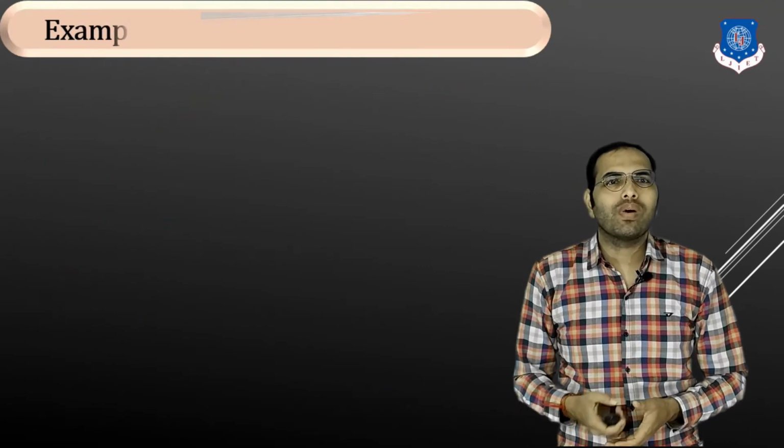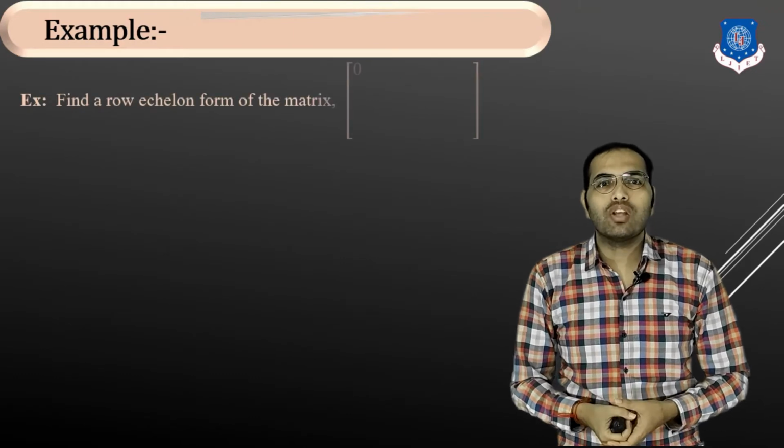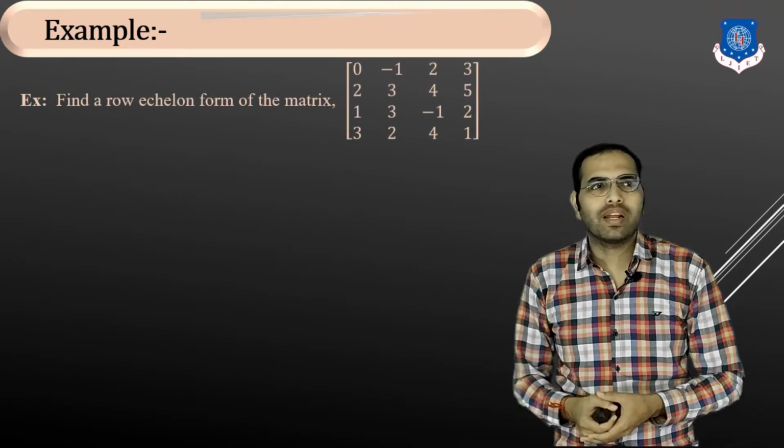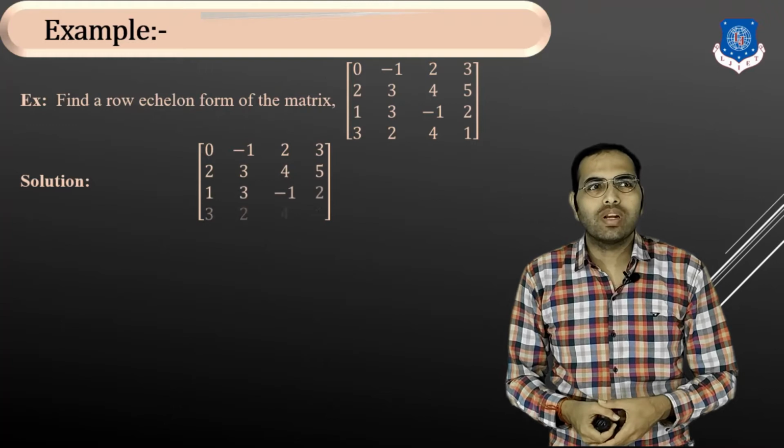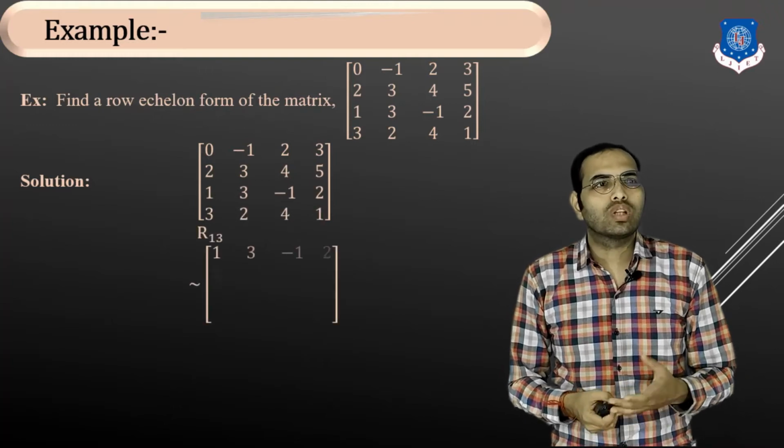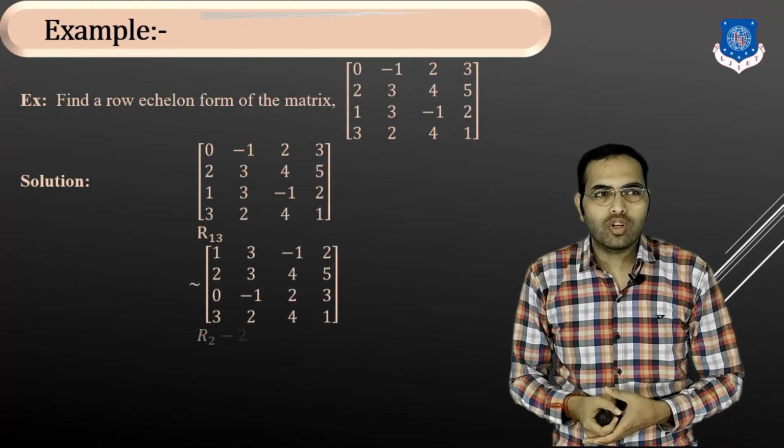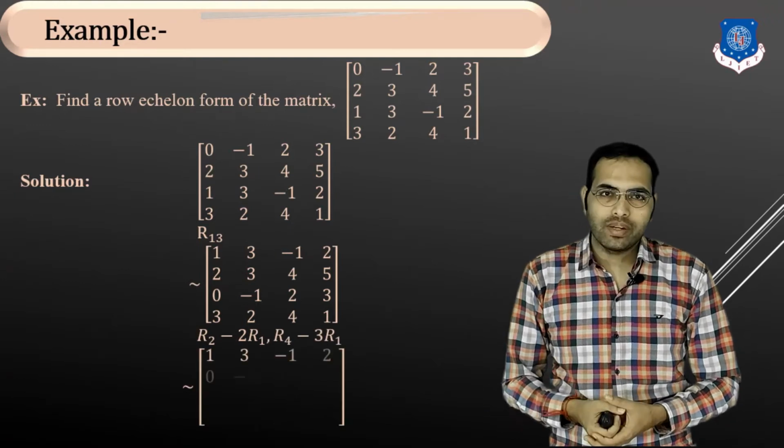Let's see one example. Find the row echelon form of the given matrix: 0 minus 1 2 3, 2 3 4 5, 1 3 minus 1 2, 2 4 1. First,